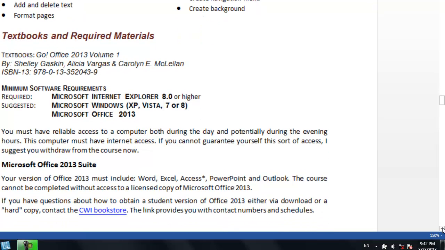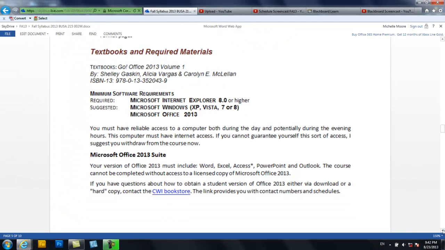Our textbook is the Go Office 2013 book, and you can locate all the information you need on the bookstore's website. And you do need to have, obviously, access to a computer. And if you do need a computer, you can go to any of the 4 locations of the campus where we have computer labs. And most of those computer labs are open until 10 on weekdays,